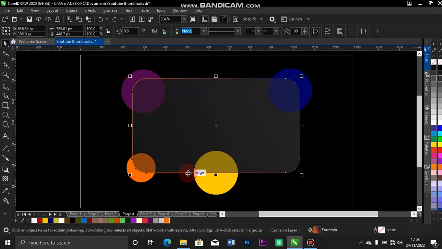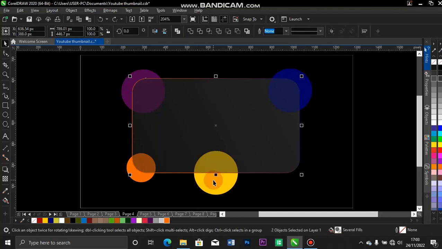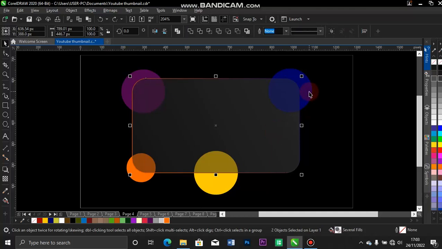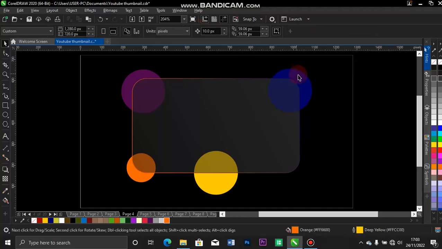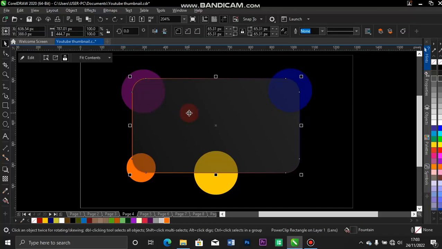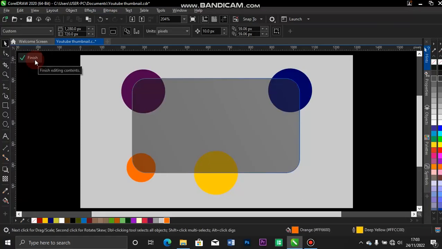The same process, and press on trim, so it will give you something like this. The same process for here, the outline first, then the shape, pressing your shift down, tap on this, then press your shift and tap on this as well, come over to your trim and trim it so that it will be something like this. Now the last thing you will do here is you go over to your power clip,